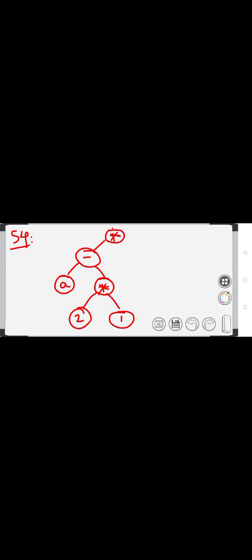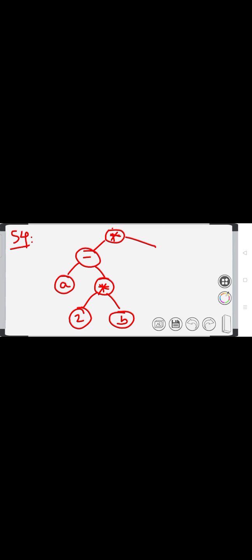Okay, so we have to go one more step. That is, we have to go to step number 4. I think you have noted step number 3 also. In step number 4, what we can do is, we try to create this. So this is our a minus 2b. Here we are having a, and here we are having 2 into b. So this is our 2 into b.